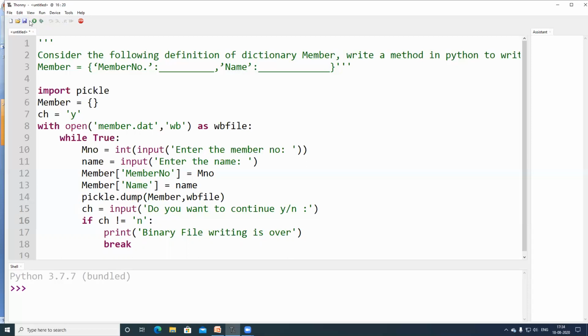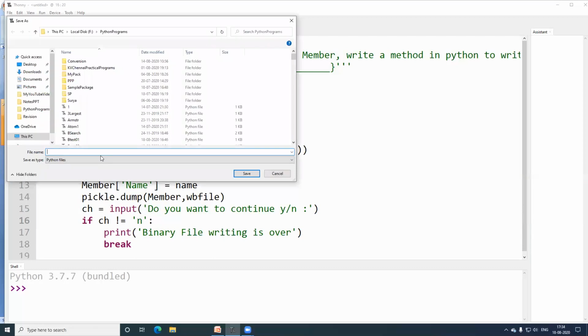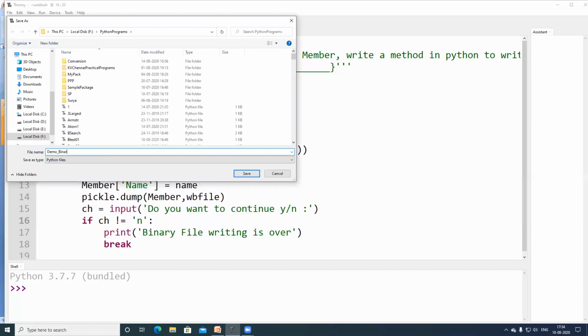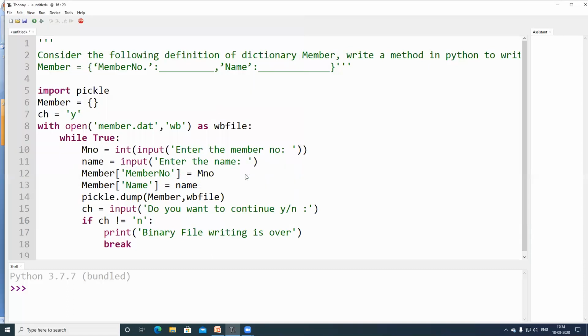Now let us save this program. Demo binary problem 1. Yes, it has been saved. Now let us run this problem.